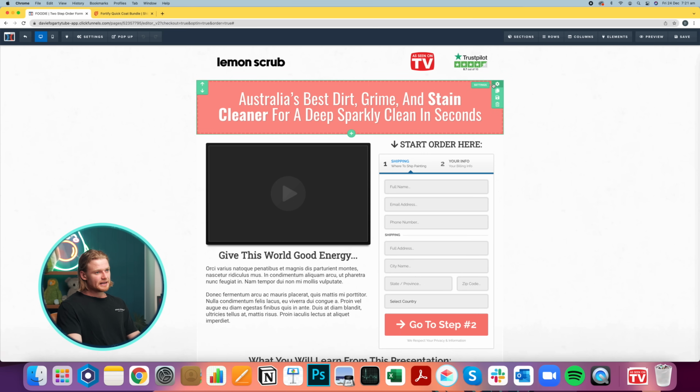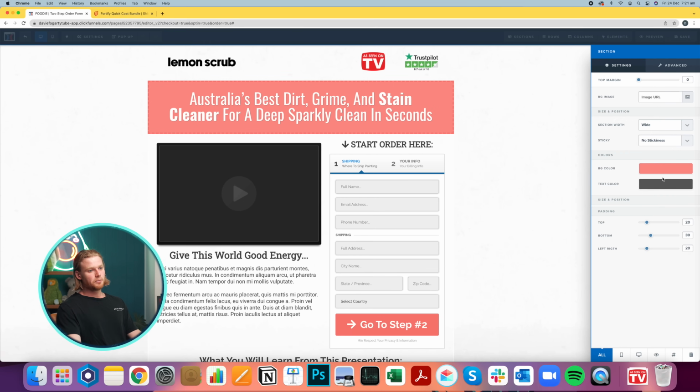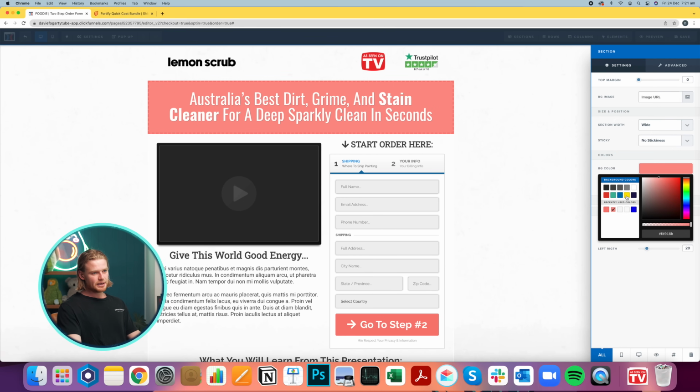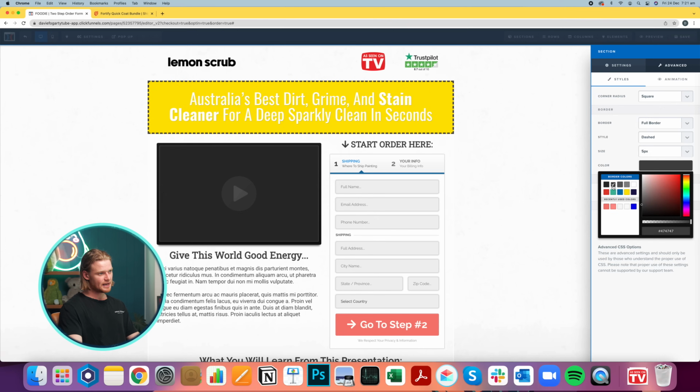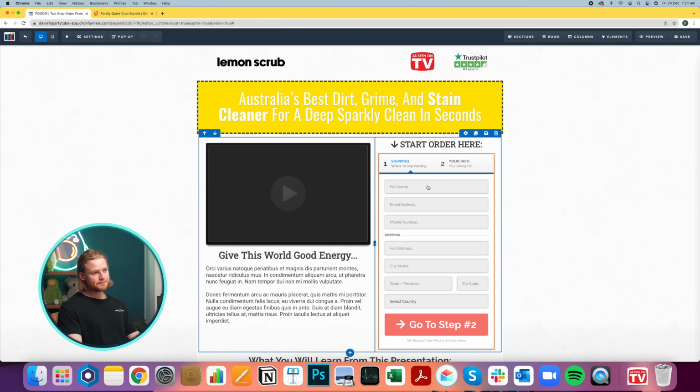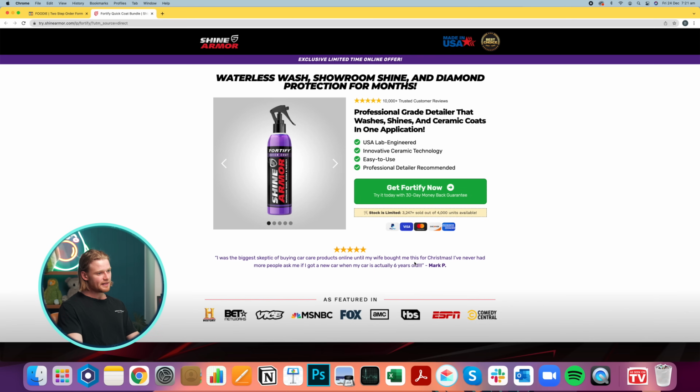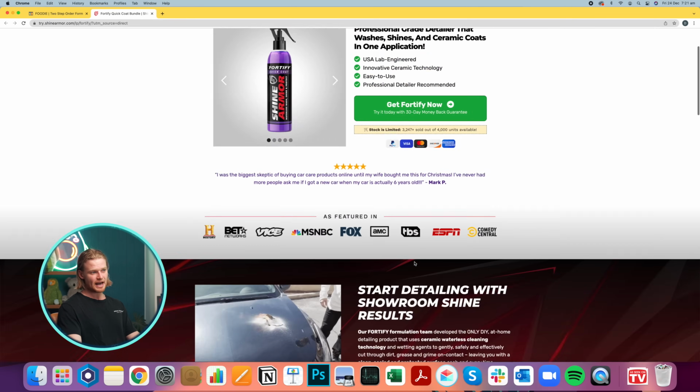Now to change all of these elements, we obviously need them on brand with our colors. So we can come in here. Again, we're just editing that section. This currently has a border on it. So we need to go into the more advanced styling and we can change this again. A huge amount of flexibility. The order forms here. For this brand here, they actually don't have an order form.